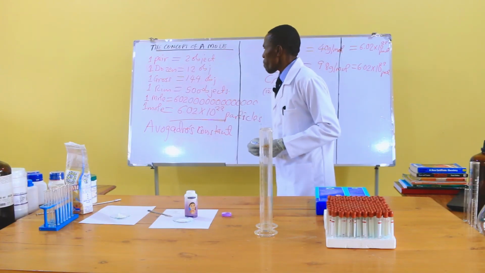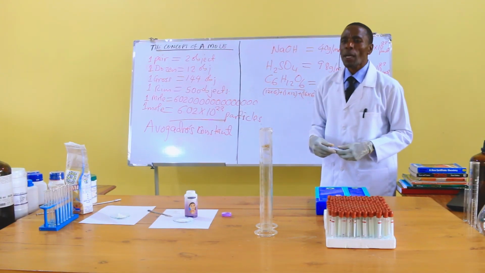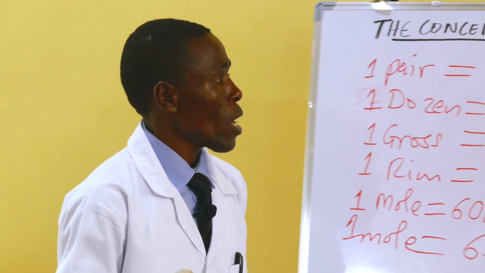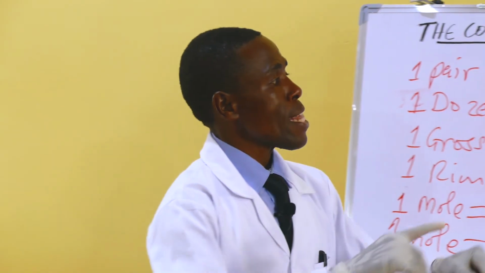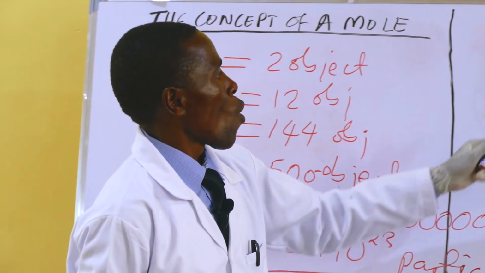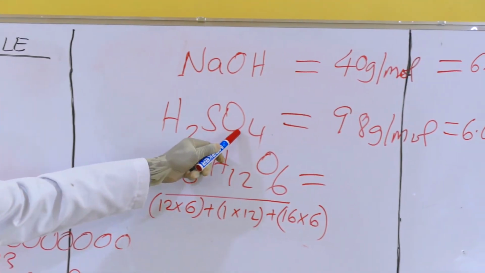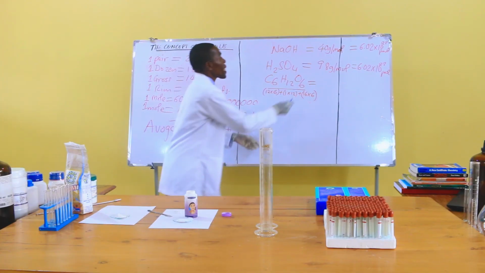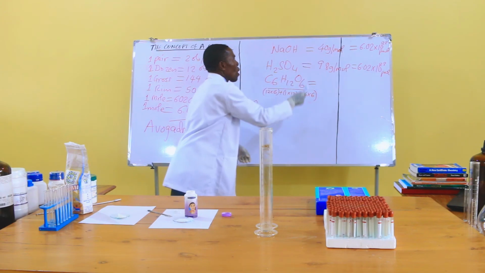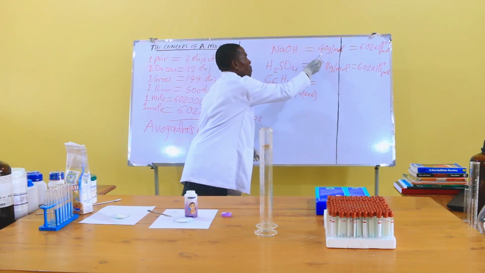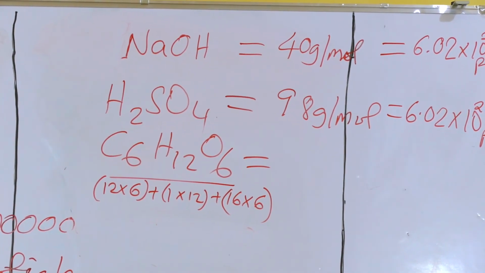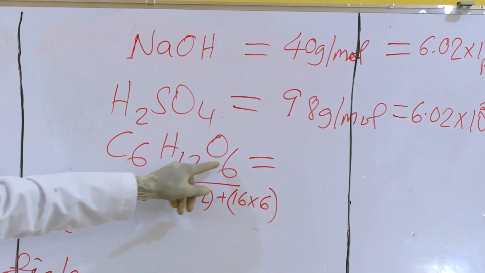Please, let me end there, and I'm asking you to follow up on my next talk. That will be talking on how we determine the total mass of the chemical formula like this one. How do we determine the total mass of the compound? How do we get this 98? How do we get this 40? Now, before that lesson, you need to have calculated the total mass of this chemical formula, that is